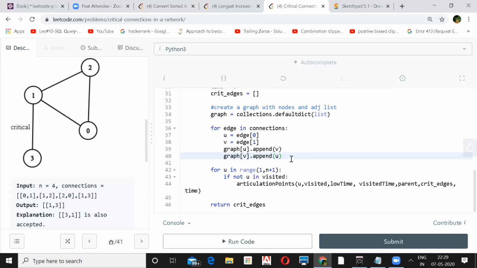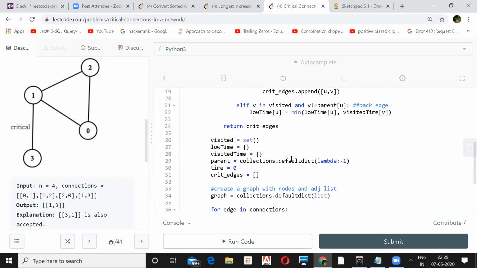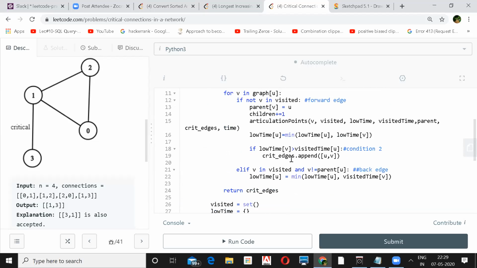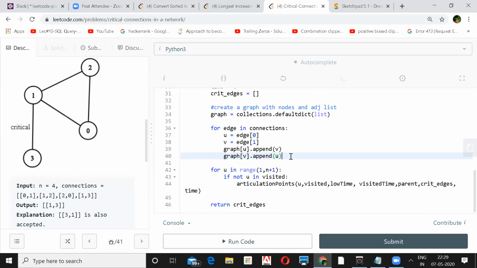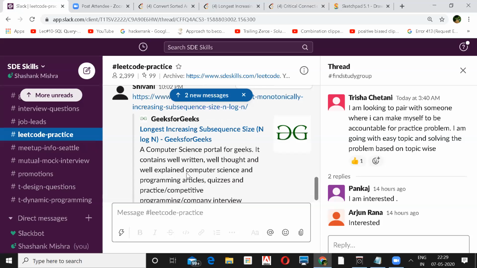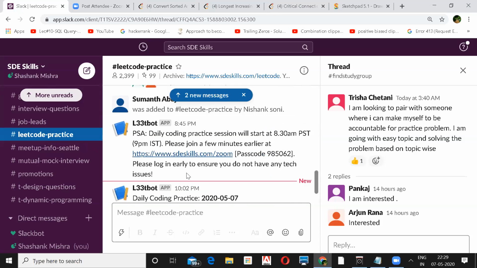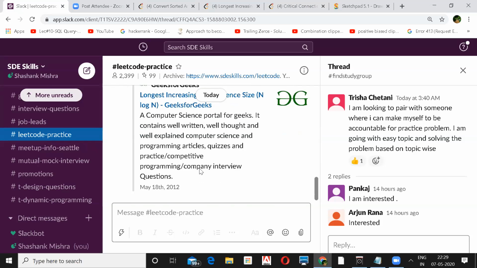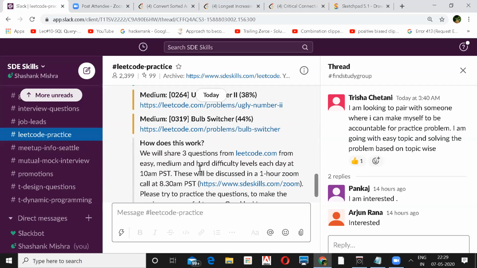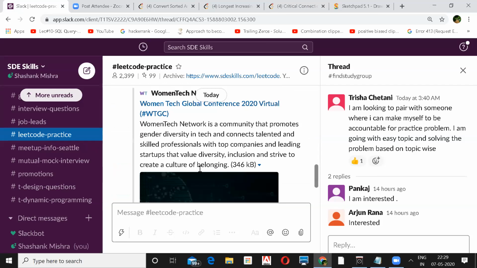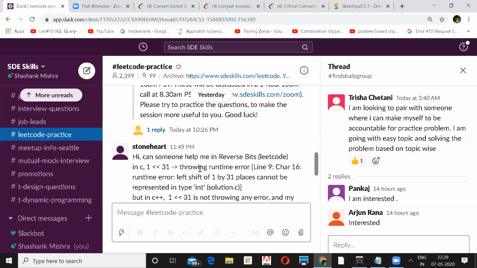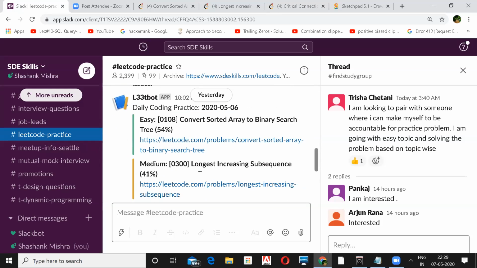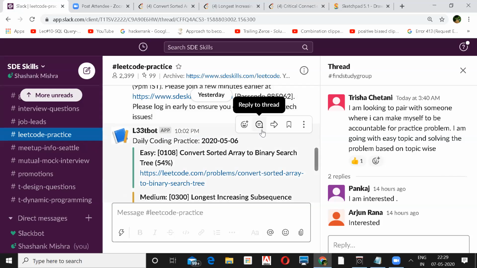If I don't see the video, can somebody please post it? Yeah, it's in the Slack channel. Praveen has posted. Which channel is it? LeetCode Practice? Yes. You need to check in the thread, for today's problem.